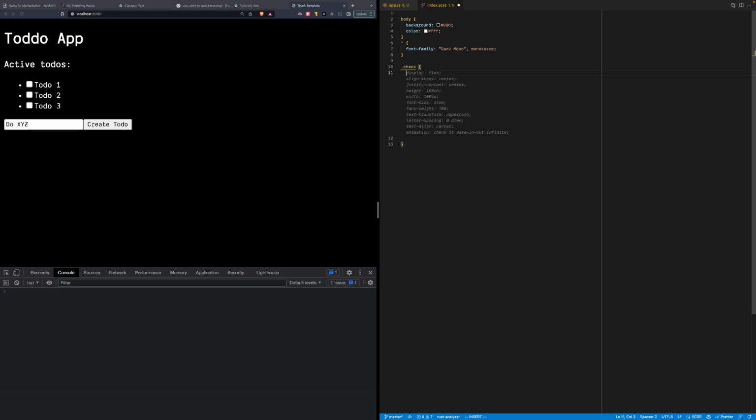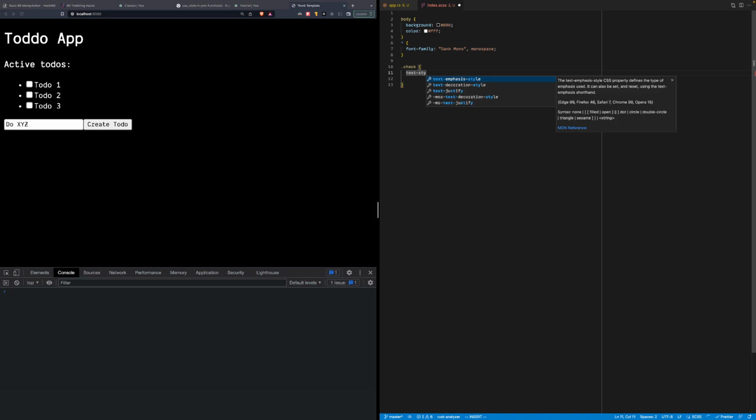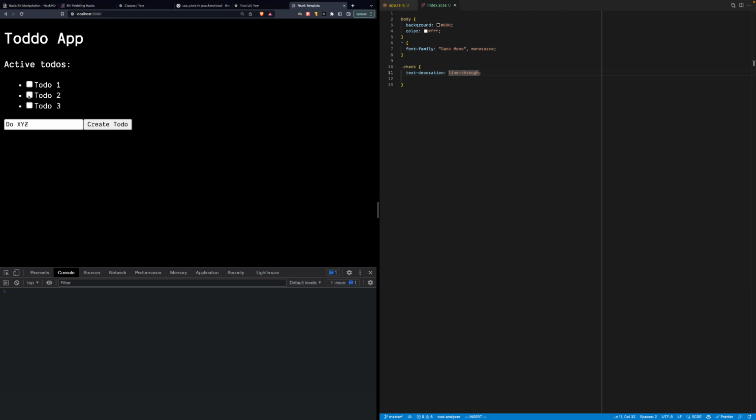Oh, I even forgot the text style. No, text decoration, right? And we're going to do dashed line through. Let's see if we select one.